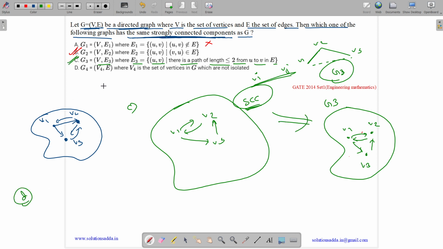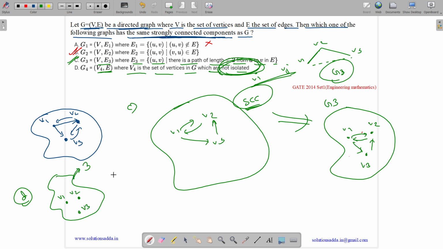Let us see option D. It says G4 equals V4 comma E where V4 is the set of vertices in G that are not isolated. Okay, so let us suppose we have V1, V2. So G4 will have all the vertices which are not isolated. Let us suppose we have 3 vertices, all are isolated vertices.